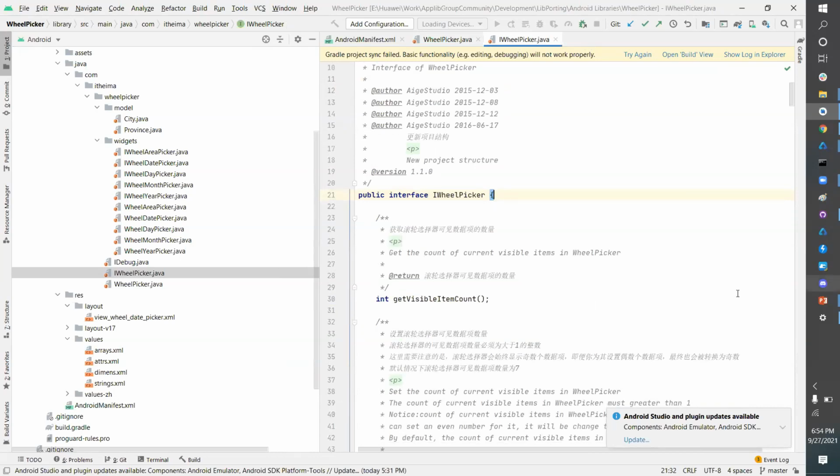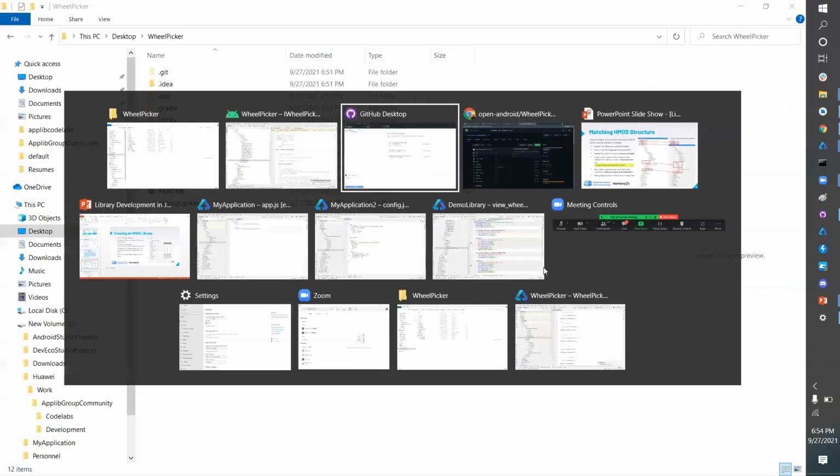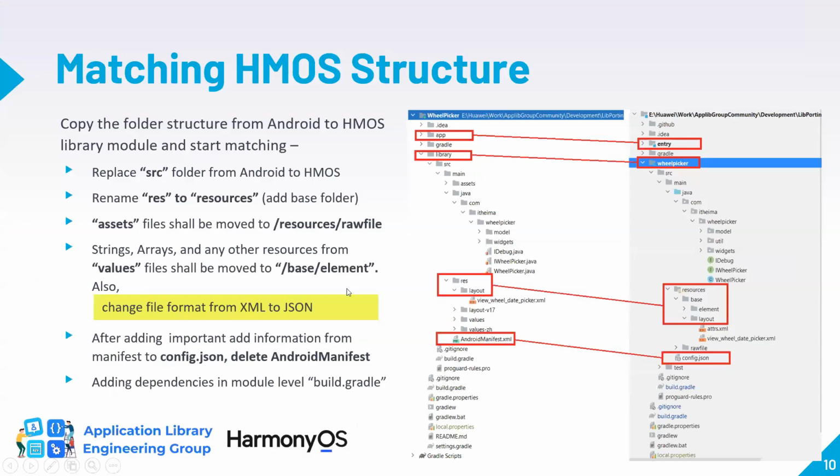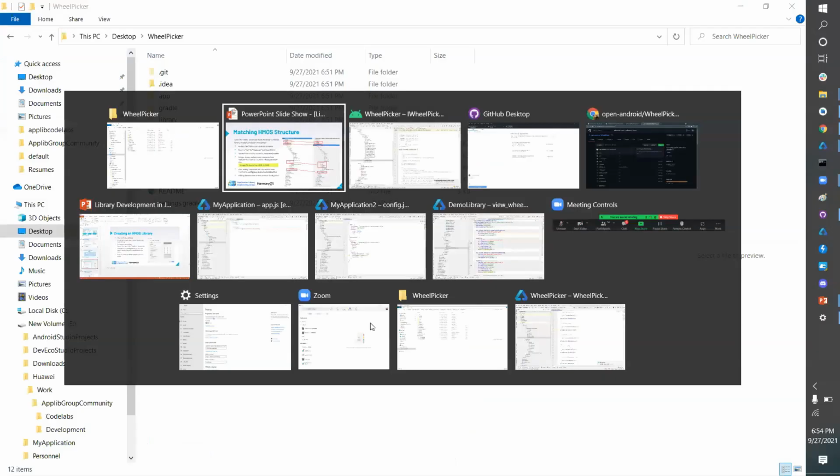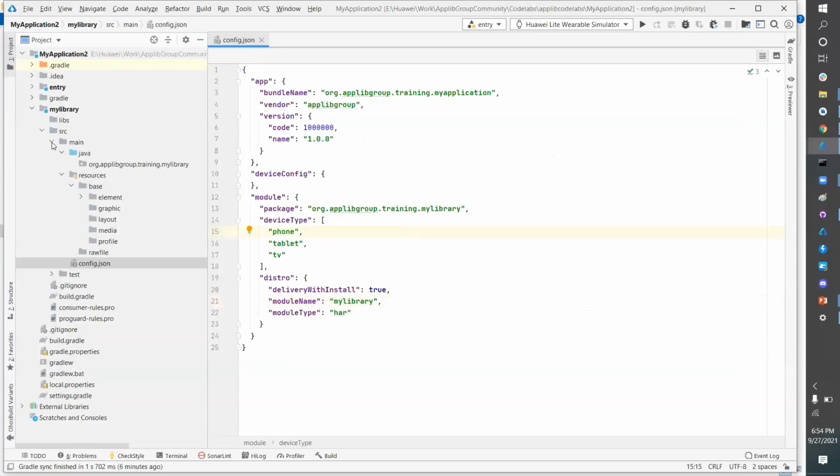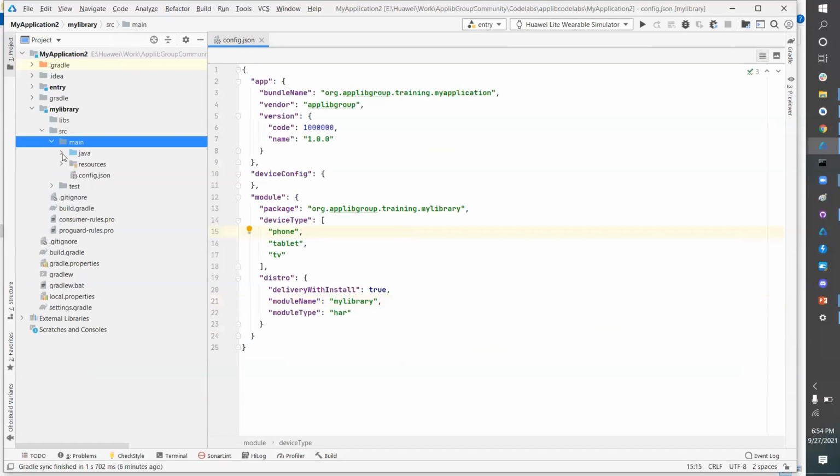So now once you go through all the code and you're comfortable with it, what next step do you have to do? Now we will be creating, not creating, actually we already created another project. You see, I already have a structure: source, main, and Java.